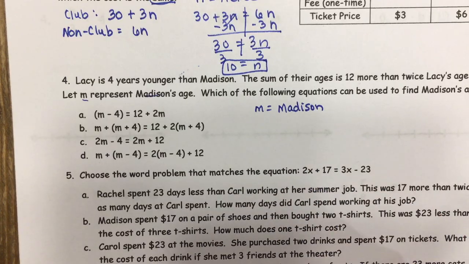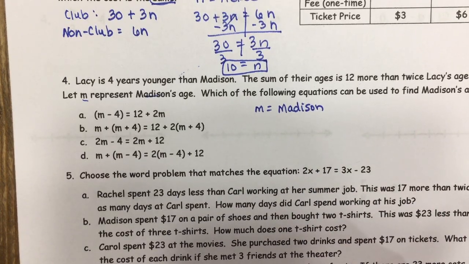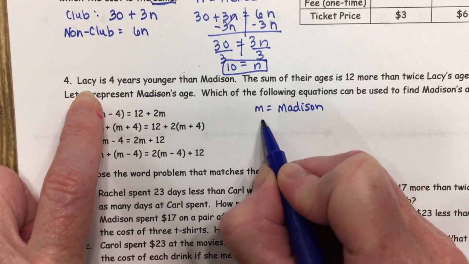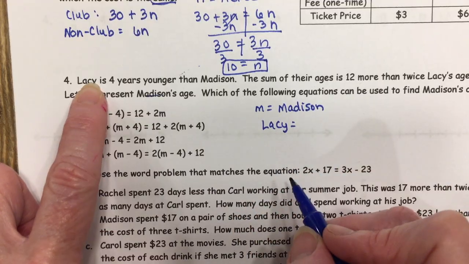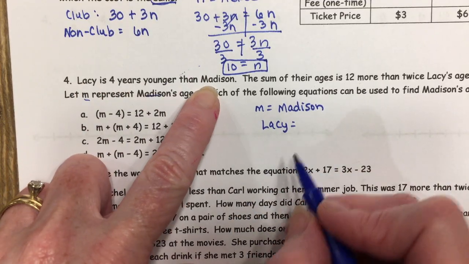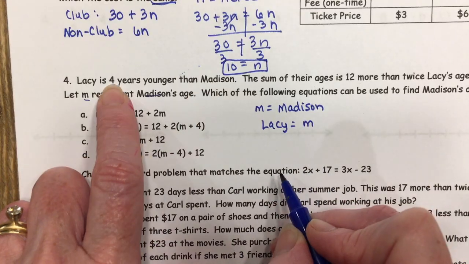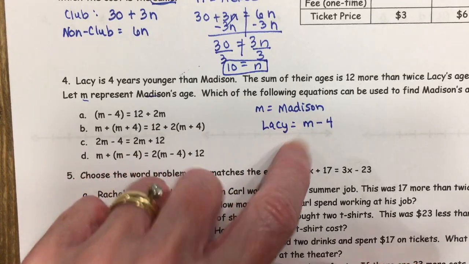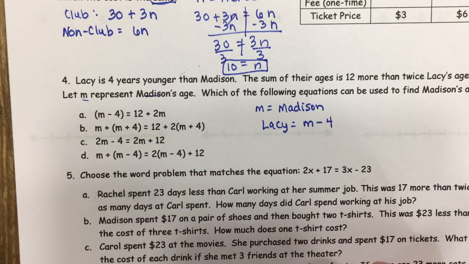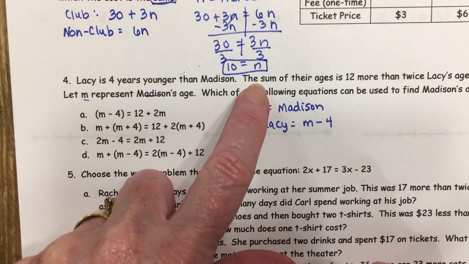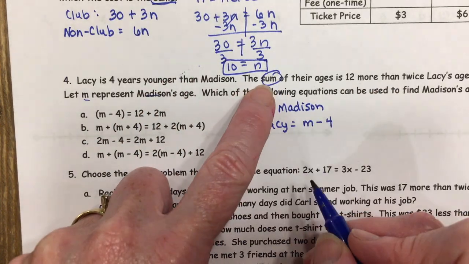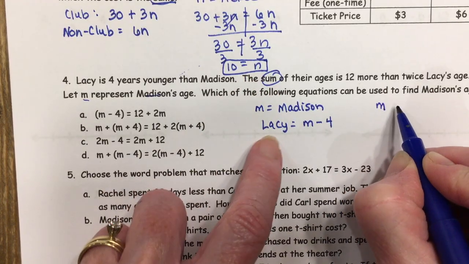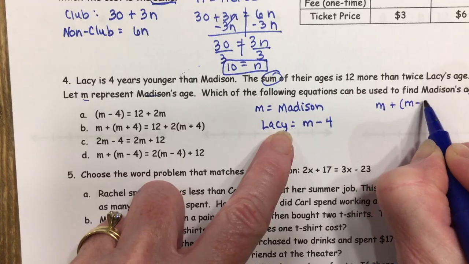And I like to label everything when I'm writing an equation. It just kind of helps me keep everything straight. It says Lacey, so I'm going to write L for Lacey. It says Lacey's 4 years younger than Madison. So if Madison is M, then 4 years younger than that would be M minus 4. So if Madison is M and Lacey is M minus 4, then that may be helpful to know. Then later it says the sum of their ages. So I know sum means I'm adding their ages together. So if I add Madison's age, which is M, and I add Lacey's age, which is M minus 4,